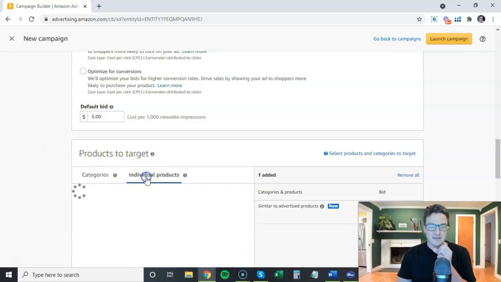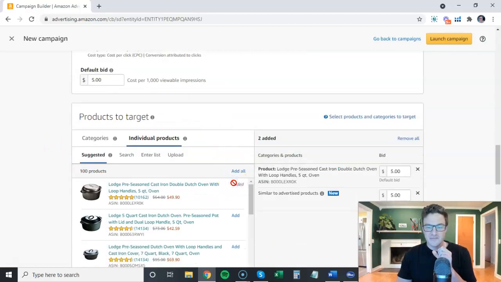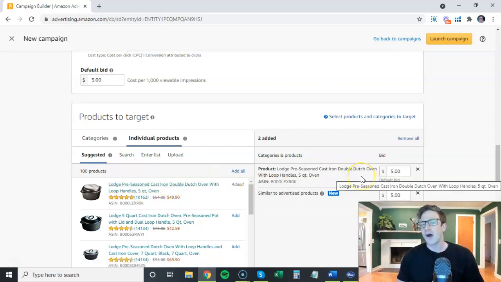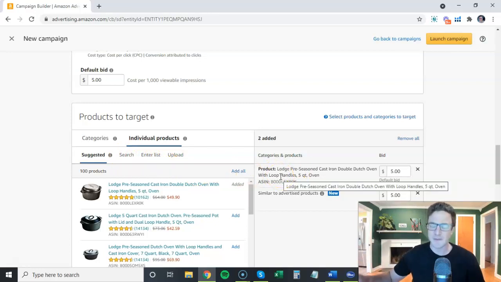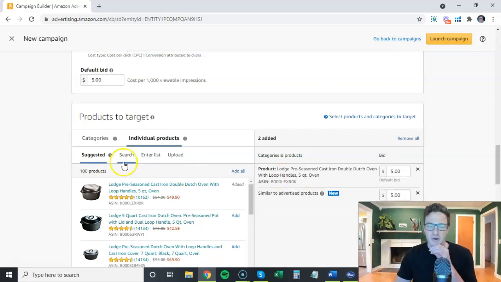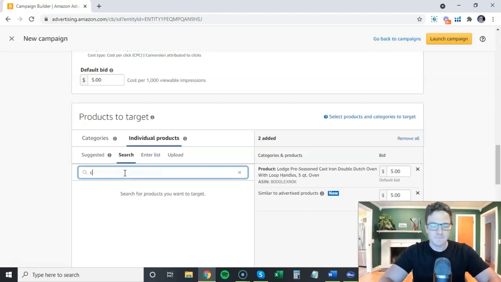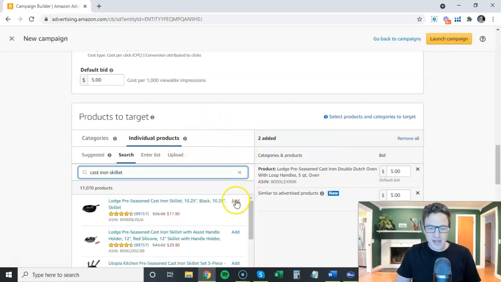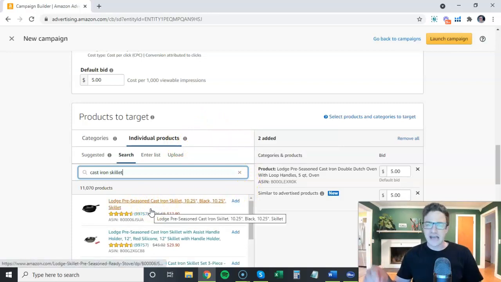You can target individual products. I have cast iron Dutch ovens here. You can pay by impression on other items. So the best way to think about this is say I am selling a Dutch oven, right? I know I want to show up on another Dutch oven. That's my direct competitor. I don't want to show up for impressions there. But maybe I want to show up for a skillet, right? So maybe I want to get impressions on this skillet because it's similar to my product. And I want to see if I can get some cheap